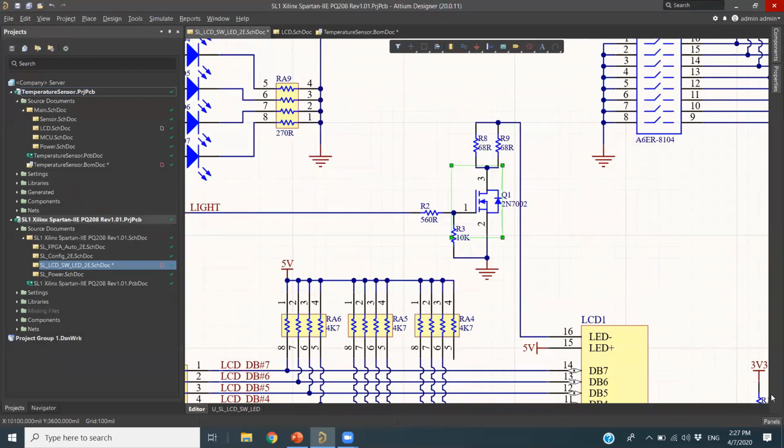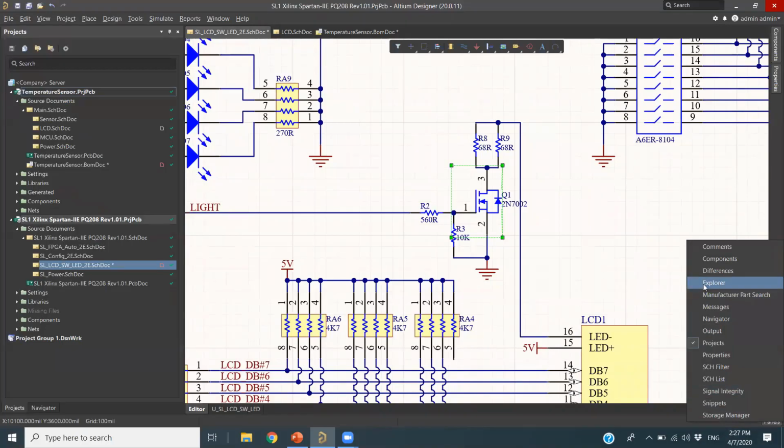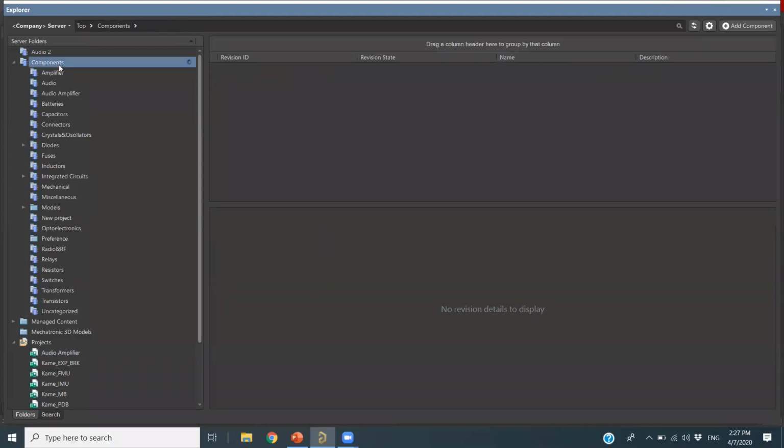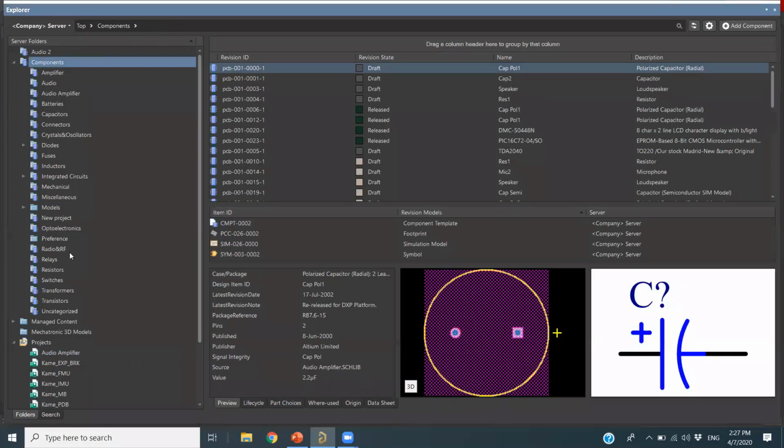Once it is done, you can go to your panels explorer. Then I want to search for that component here. You will see on the left hand side these are all the server folders inside your Concord Pro, like component folder, amplifier folders, all these we have. So I need to search for that component, 2N7002.